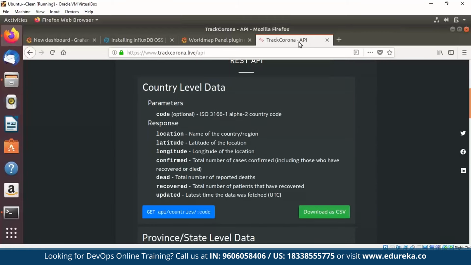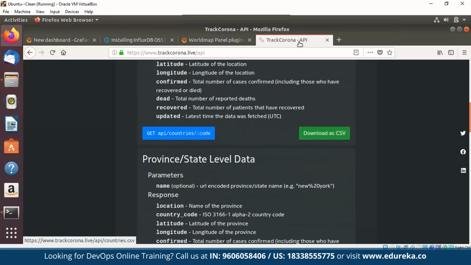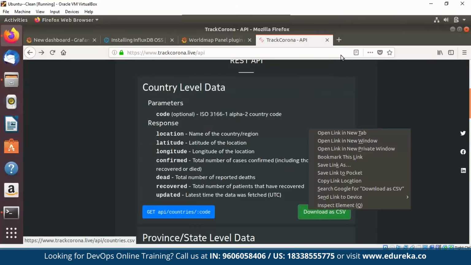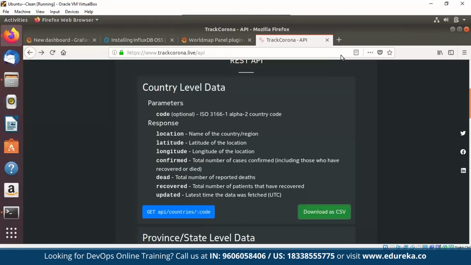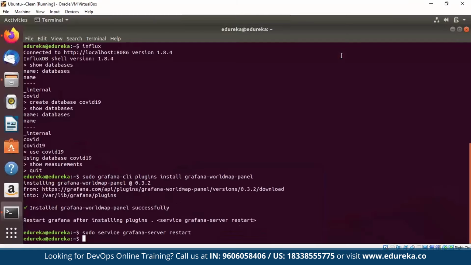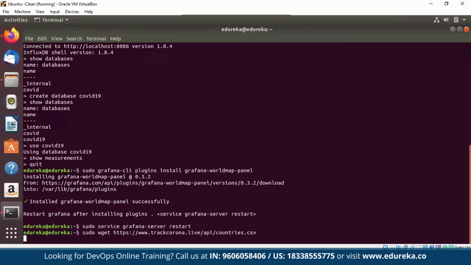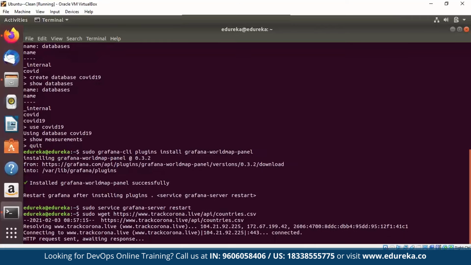And all of this format is satisfied in this country level data on trackcorona.live API. So I'm just going to download this link location and directly download it on my terminal. I will do this by typing in the command sudo wget. Now that I copied the location of the dataset, I'm going to download it directly on my virtual machine with the command sudo wget, paste the link location, and this will automatically download the dataset